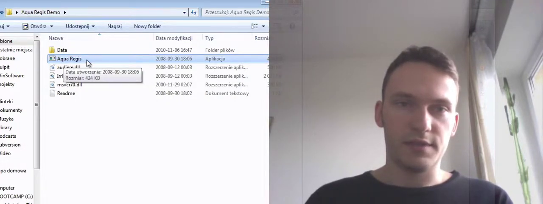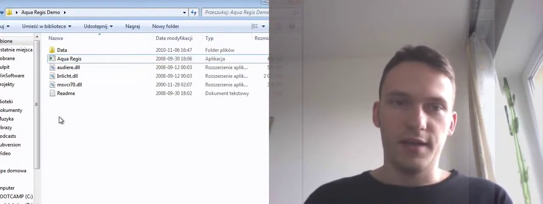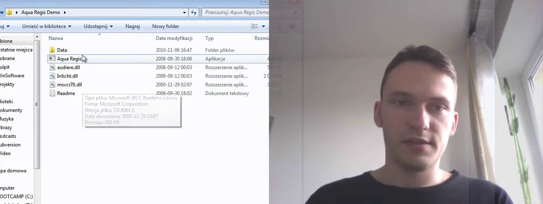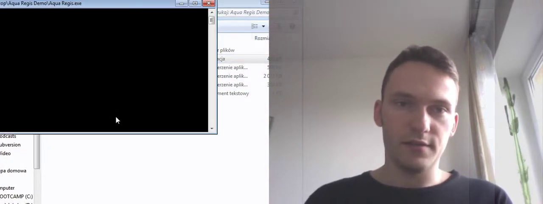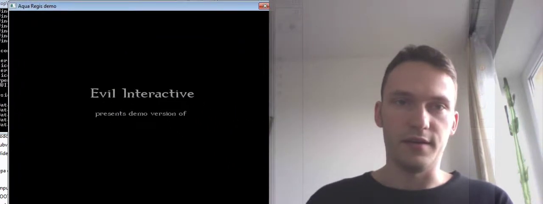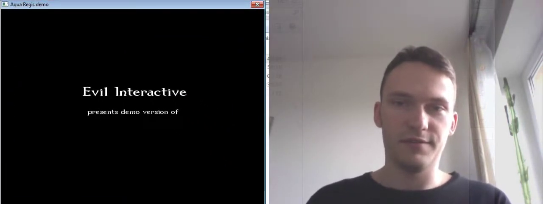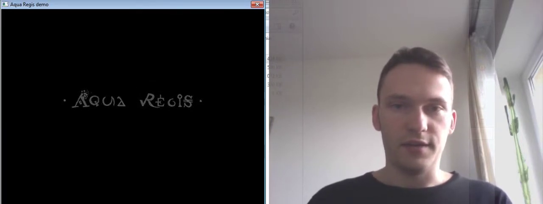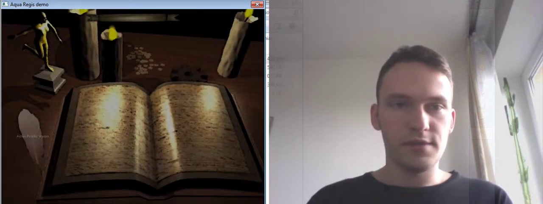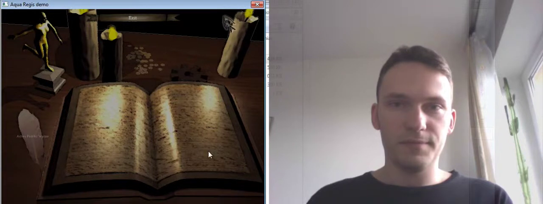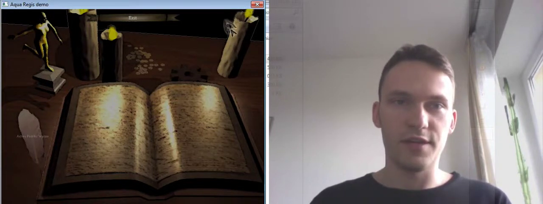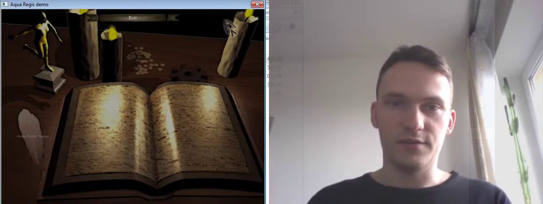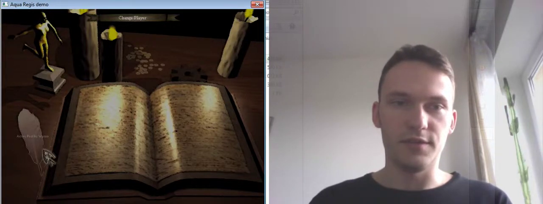The game is running on Windows because I was using Microsoft Visual C++, and it's written in C++, as I said earlier. The first screen is even interactive, kind of a high school joke, and the title AquaRegis. So this is the main screen. At the time I thought that creating a main screen like that is a brilliant idea, but it's not really intuitive. So right now I would just completely redesign it.